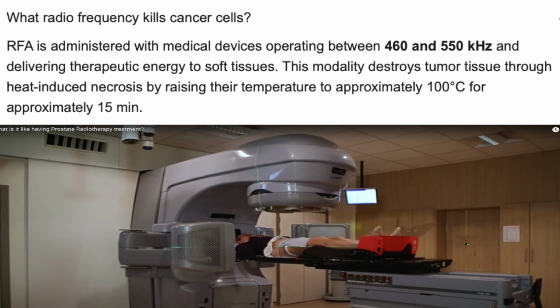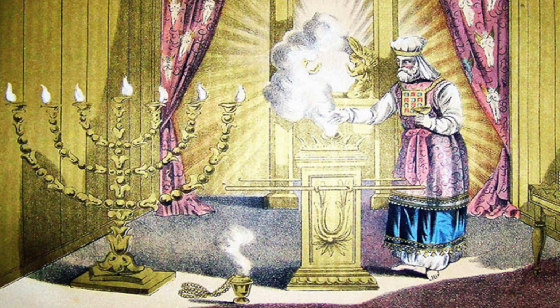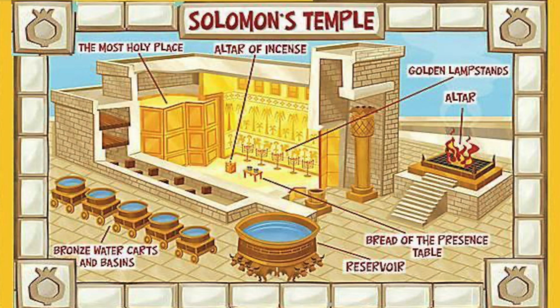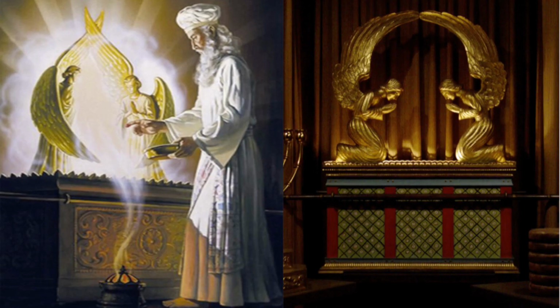So how did these Freemasons discover how to use this technology? Well, here goes. The original Knights of France knew of a story that had been handed down since their forefathers had been exiled from Israel. This story told of a secret vault that King Solomon had built to store the most sacred treasures of the Israelites. These were the Ark of the Covenant,